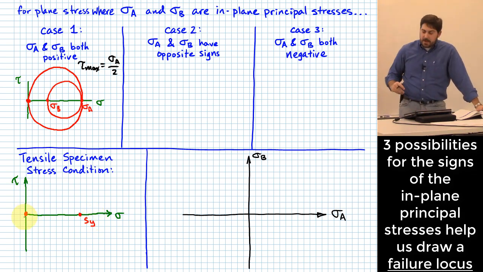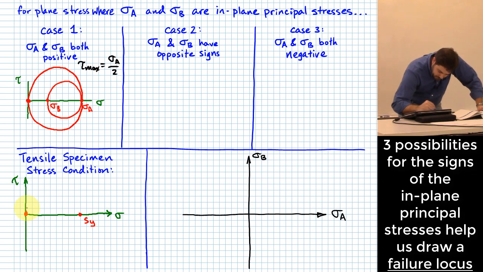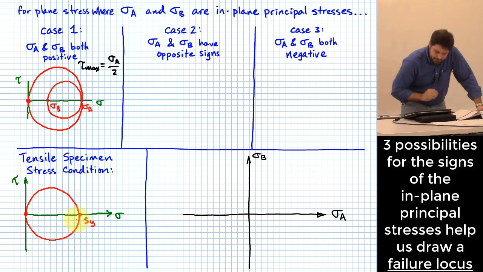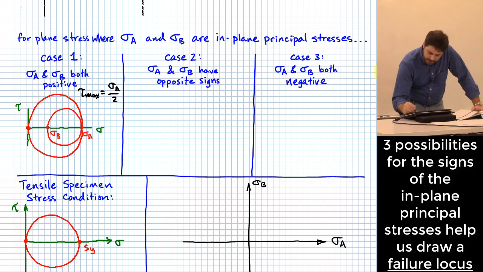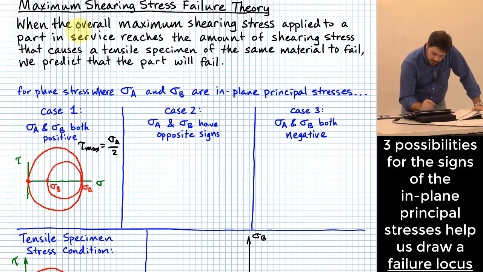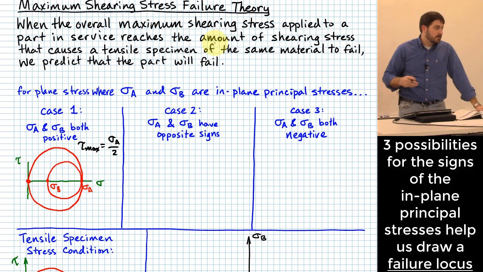So if I think about what the Mohr circle would look like for a tensile specimen that I load up to the point where it yields, it's going to look something like this for the Mohr circle. So my question is, what is the shearing stress? Because go back and look at the definition that we had up here. The overall maximum shearing stress applied to a part in service reaches the amount of shearing stress that causes a tensile specimen of the same material to fail,